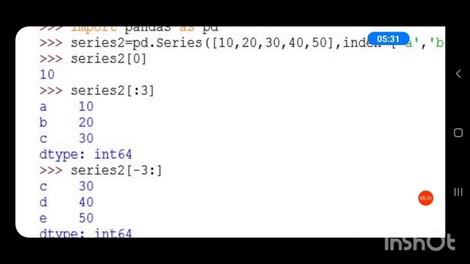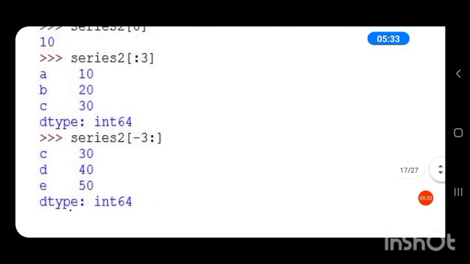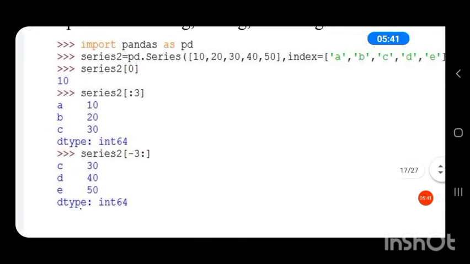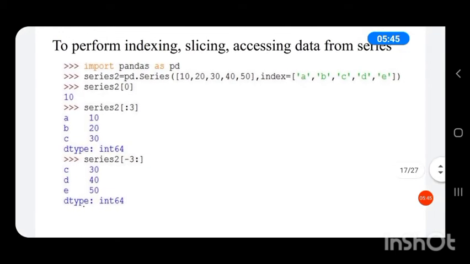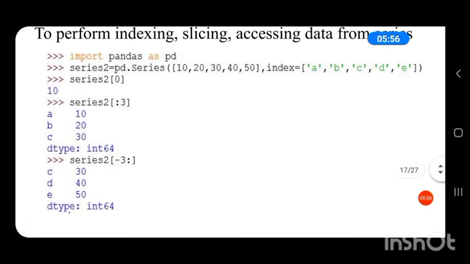What happens is it by default takes the start as 0 and stop as 3 minus 1, that is 2. So it takes the first 3 values, at index 0, index 1 and index 2. First 3 values from the list. So the values are 10, 20 and 30.